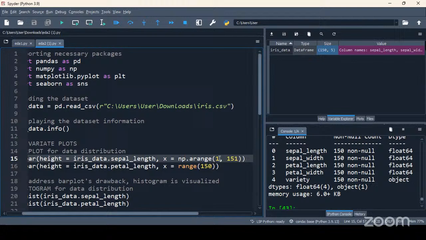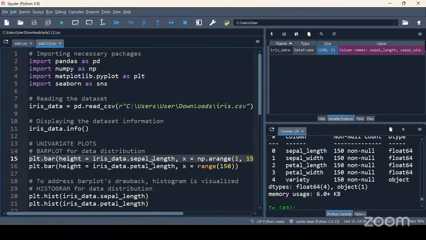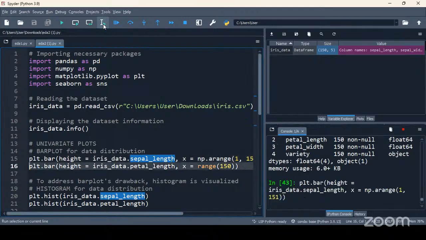So it starts at 1 and ends the sequence at 150. How many values in total? 150 values. So these 150 values will be given for the x-axis. The x-axis takes 150 values, the y-axis also takes 150 values. So there is no mismatch, and if I execute line number 15, it has to display the bar plot.